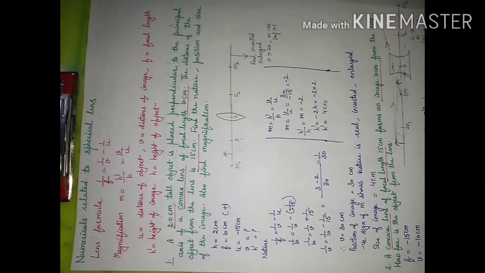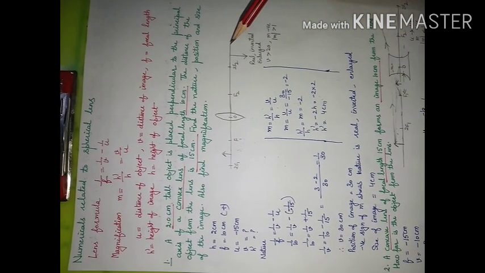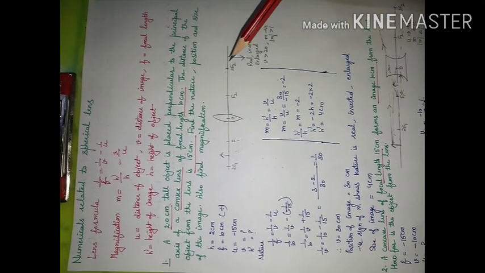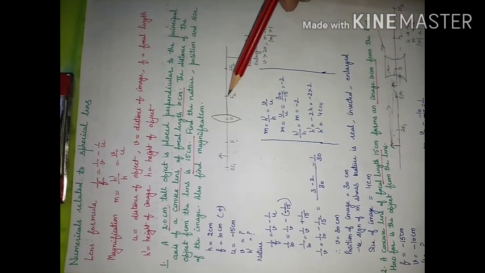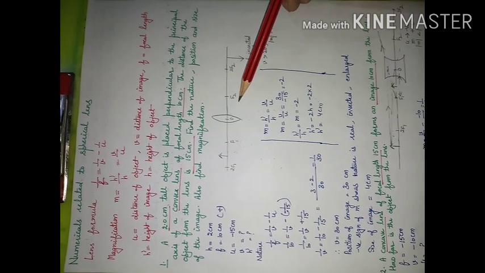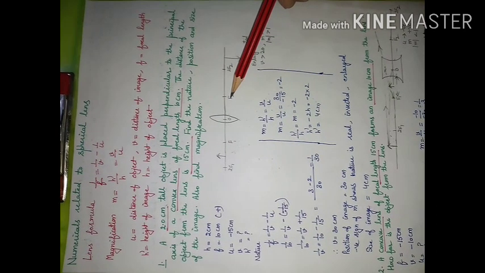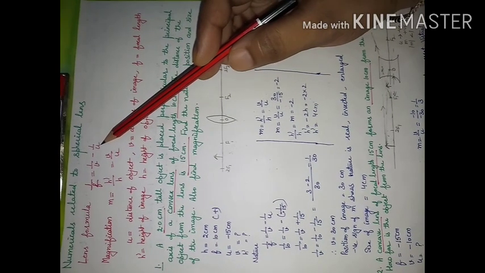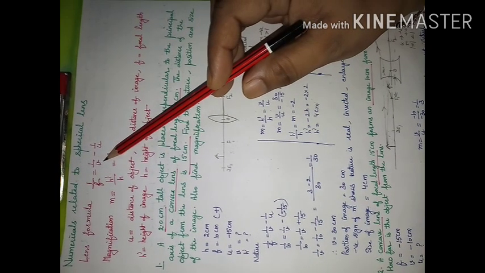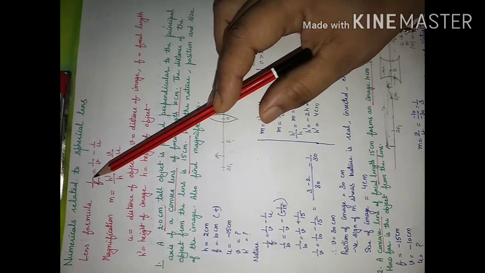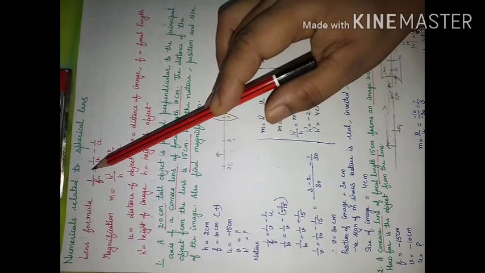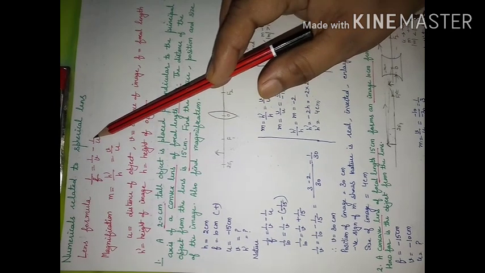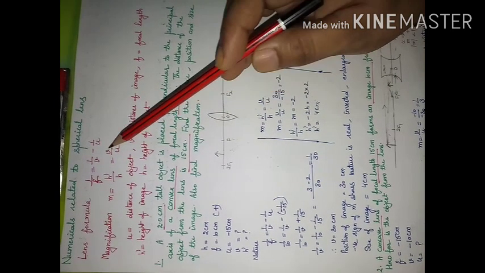In today's video, we will discuss a few numericals related to spherical lens. Spherical lens means we will consider convex lens or concave lens. And lens formula is giving a relation between distance of object, distance of image from optical center and focal length. So lens formula is 1 upon f is equal to 1 upon v minus 1 upon u,